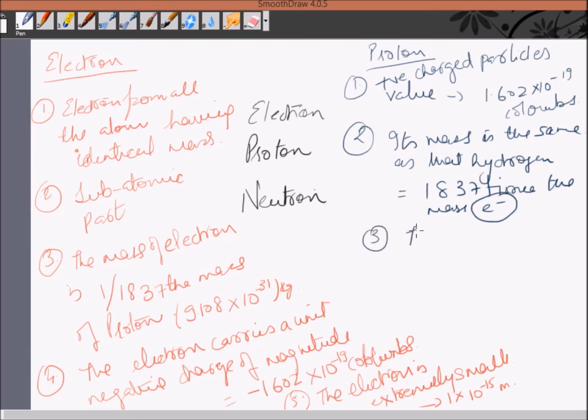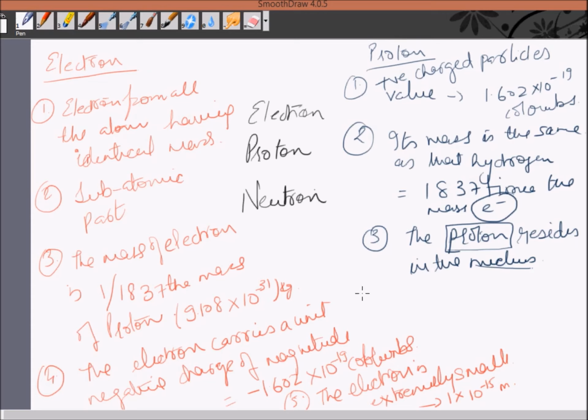Third, the proton resides in the nucleus. That's the central part of the atom, right? As the protons are very heavy in mass, the mass is actually the mass number of the atom,